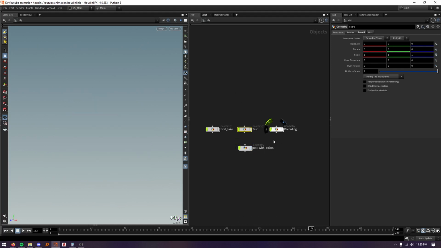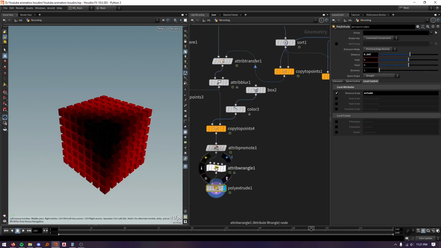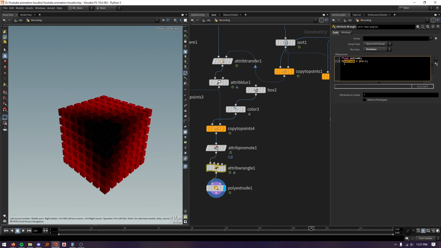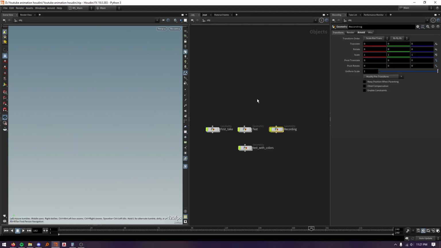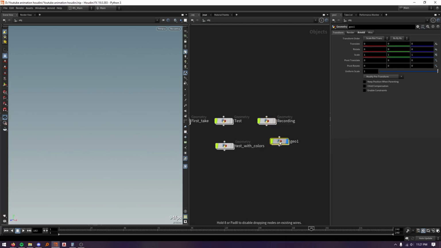So you might be wondering why I have 4 geometry nodes. I did my first, then I tested it with some different parameters, and then I did a recording, but I didn't like it because I had some issues. Basically, we are going to use an attribute triangle, and this name was typed differently. I forgot this R here, and I was taking a long time until I figured it out, so I'm making a new recording. I'm going to just start with a new geometry node,